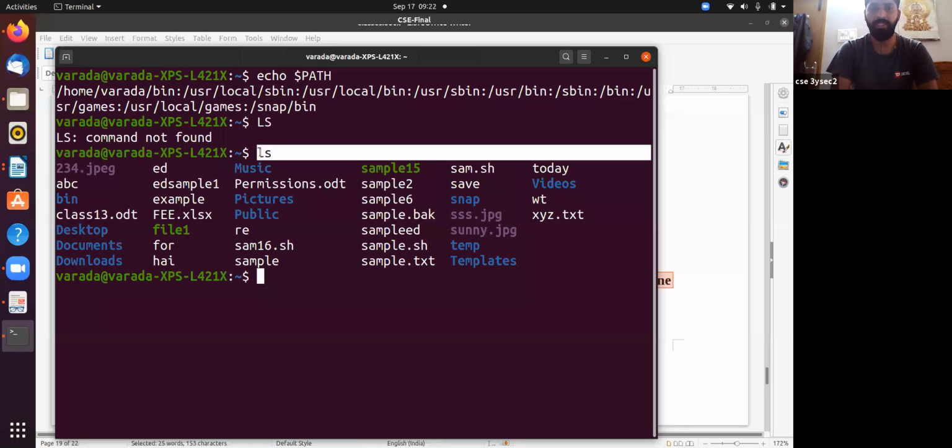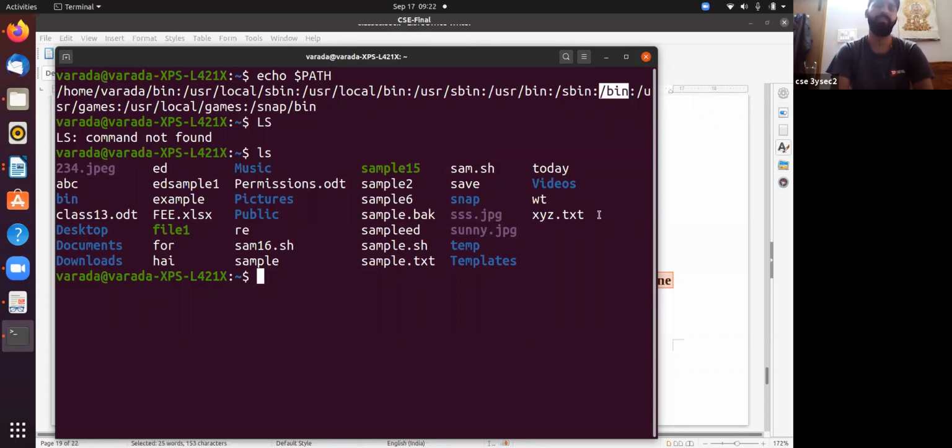But coming to ls, ls is found in one of the directories. For example, ls is in the directory /bin. So in that directory, the ls program is available, so it executes that program. That's it. Okay, so in this way, you are going to use the PATH variable. What is the purpose of the PATH variable? It displays the path names provided to the shell.